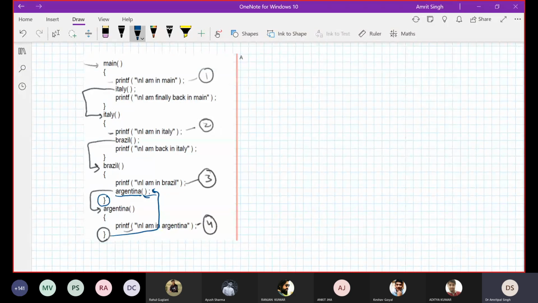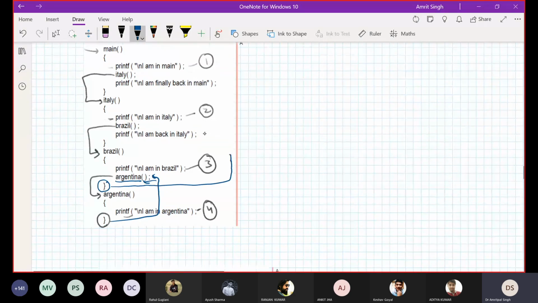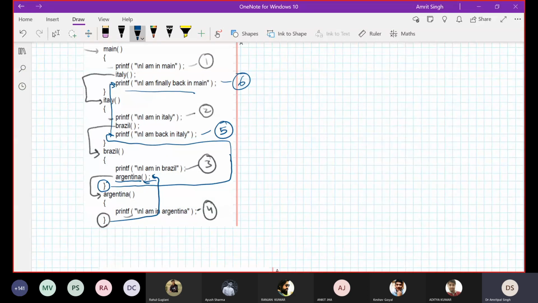Now who called Brazil? Italy. Now the control is transferred to the next line of Italy. Which is the next line? Printf, I'm back in Italy. That is printed as the 5th line in your program. Now after the execution of Italy, your control is transferred to main. I am back in main, printed as the 6th line in your program.